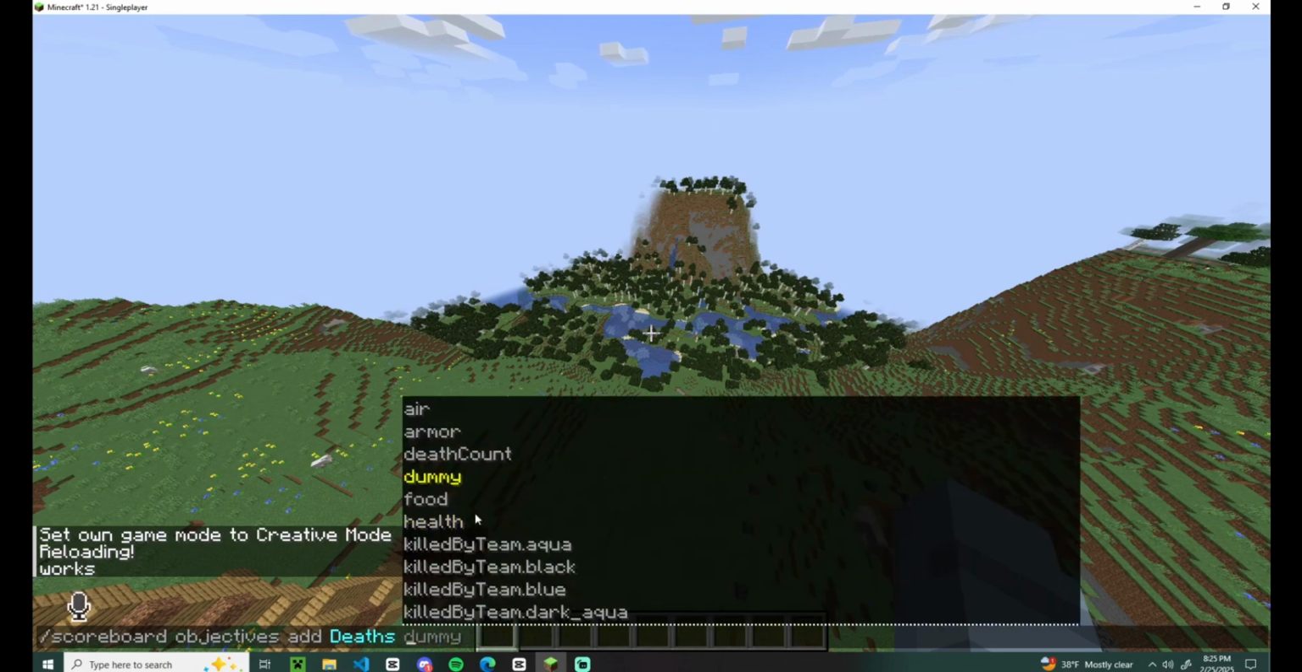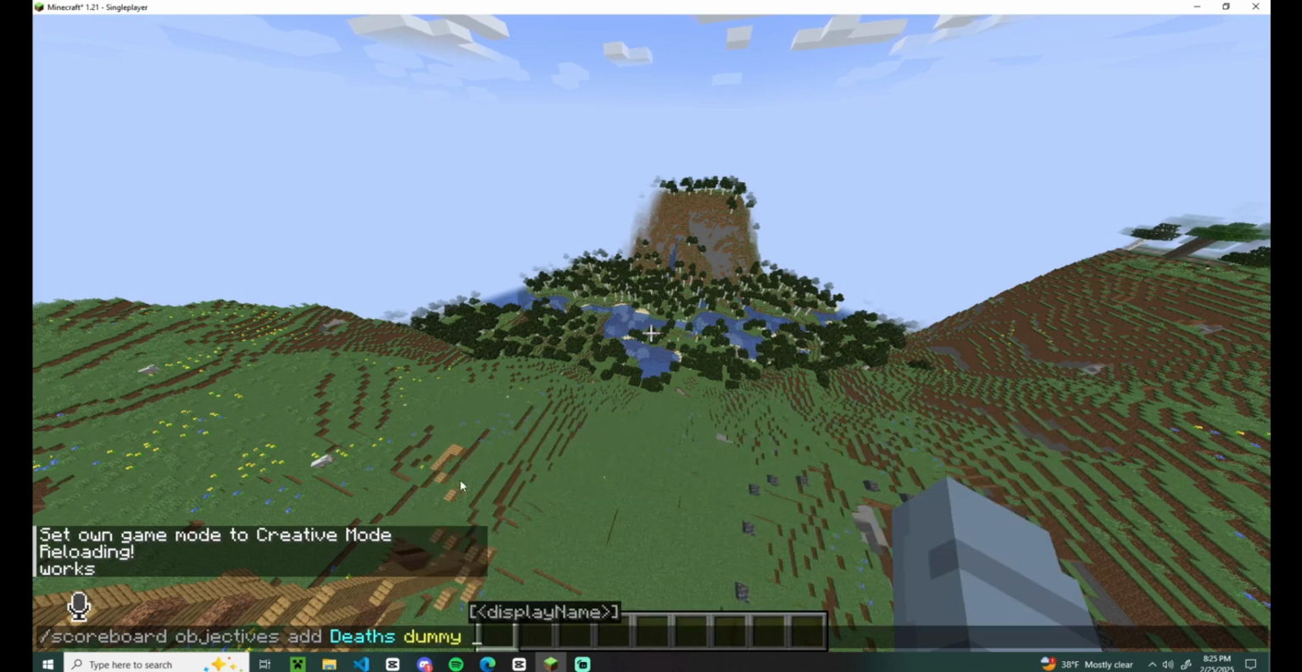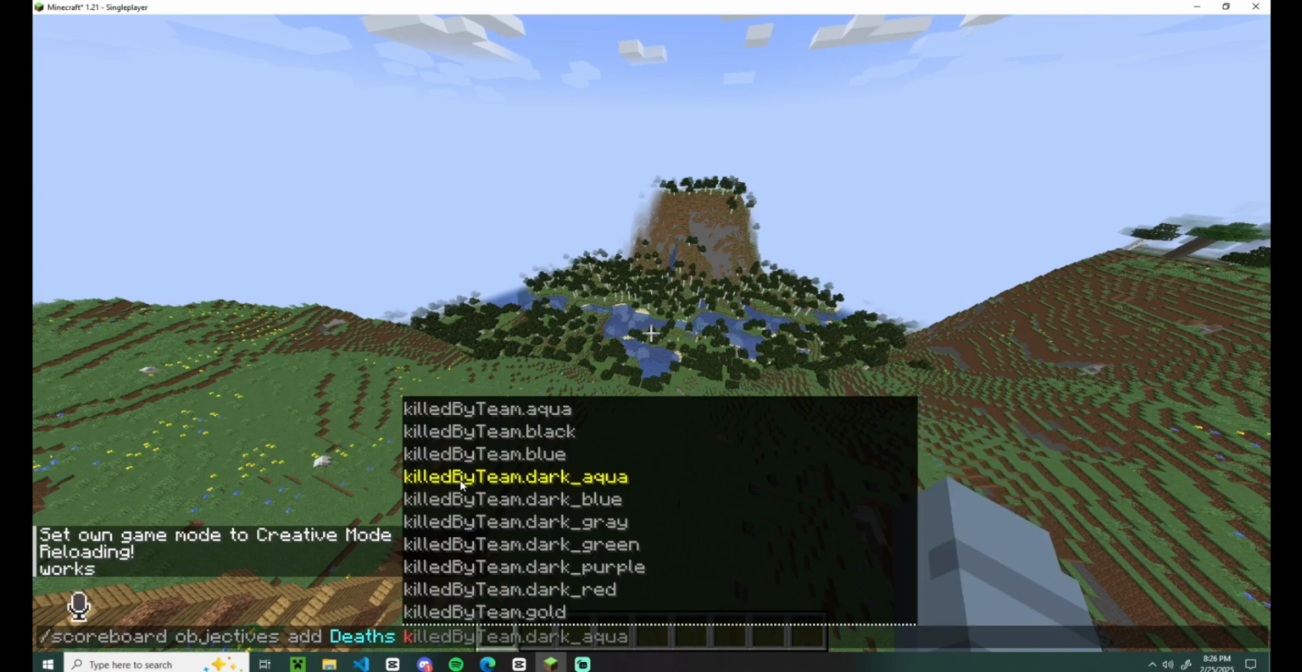You have many more, such as health, which is the player's health. You have dummy, where you make its own criteria. So with other scoreboards, say someone dies, you set their lives to 3. If someone dies, remove 1 from their lives. If they get a kill, add 1. You could do that. There's kill count,